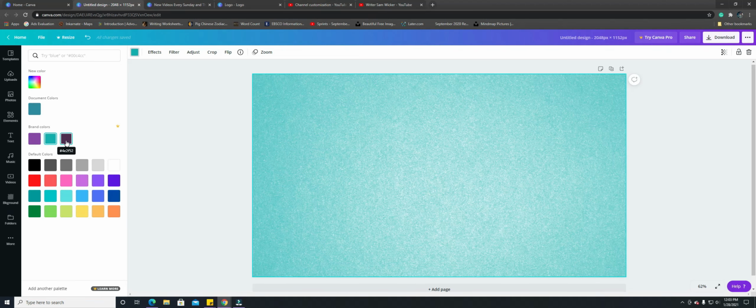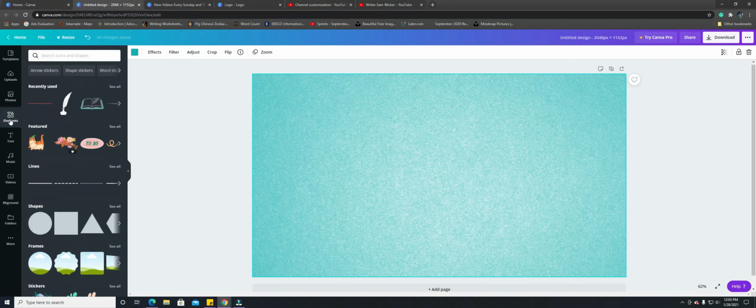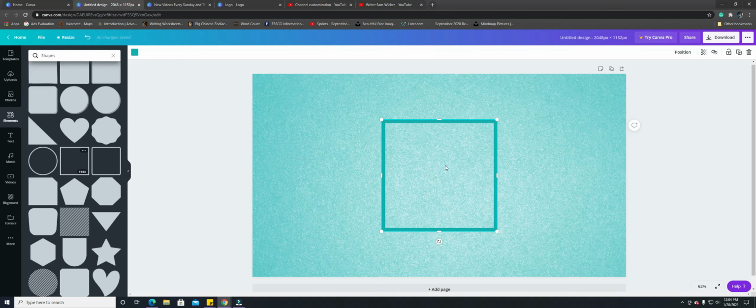I could have easily gone with purple, which still looks really neat, but I still wanted kind of the teal background. The next thing I did is I went over here to elements and I chose a shape. With this, when you stretch it, it shows the width and the height whenever you go to adjust it. So what I did is I adjusted it to that inner block that shows up on all devices,